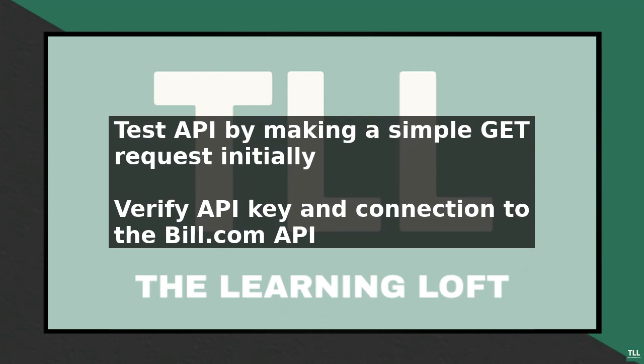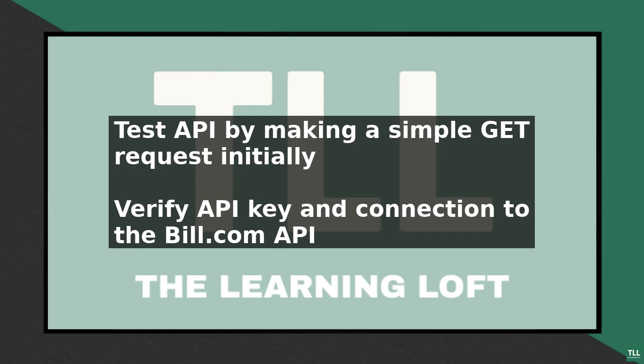When testing the API, it is essential to handle errors and exceptions properly. The Bill.com API returns standard HTTP error codes and provides detailed error messages to help you diagnose and resolve issues. Make sure to implement robust error handling in your code to ensure that your application can recover from errors and